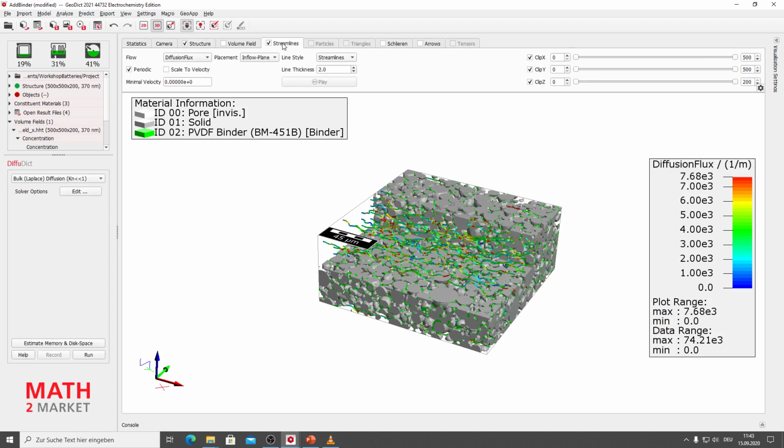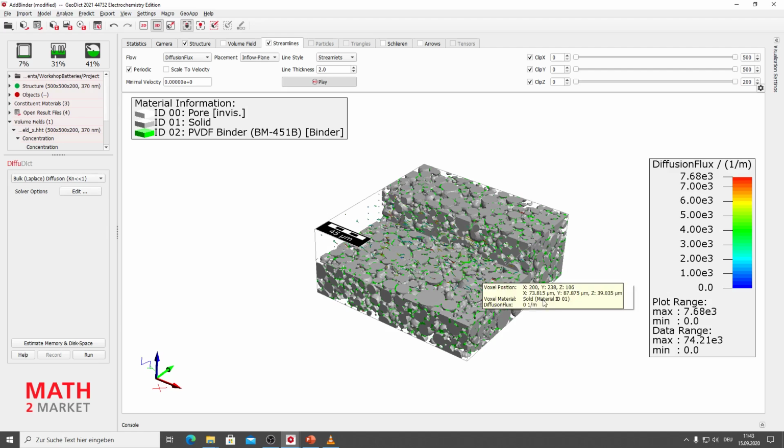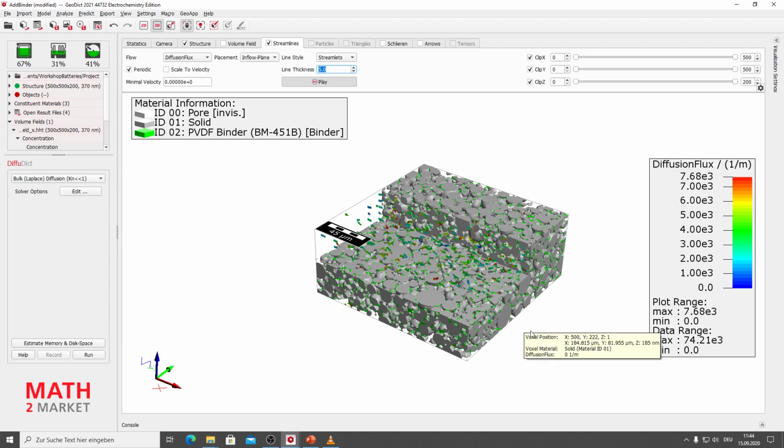We can also go back to the Streamlines tab and choose Streamlabs and let it play, so then we can see where the particles are actually moving. If you can't see this very well, we can choose a thicker line for the streamlines.